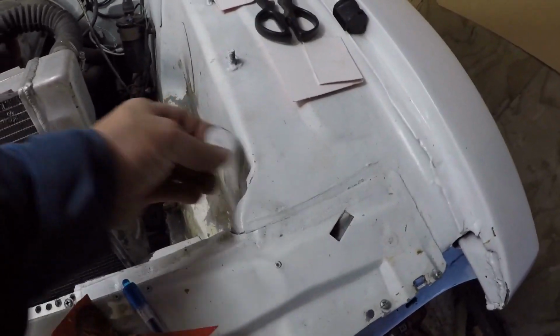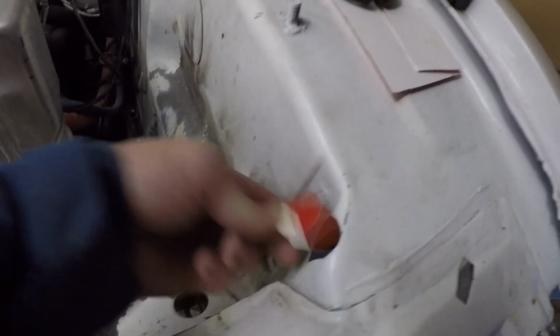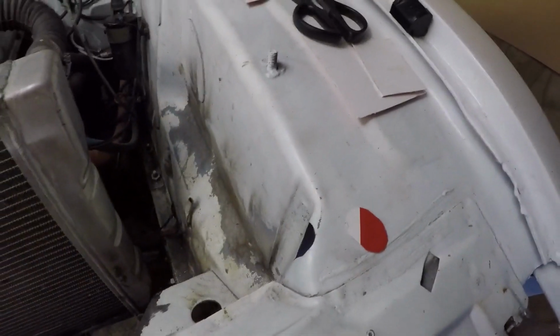Alright, I got my next two templates cut out. It's my little patch for there. Let me get that tidied up. Just need to fold the top of it over a bit and I weld it in. This one,